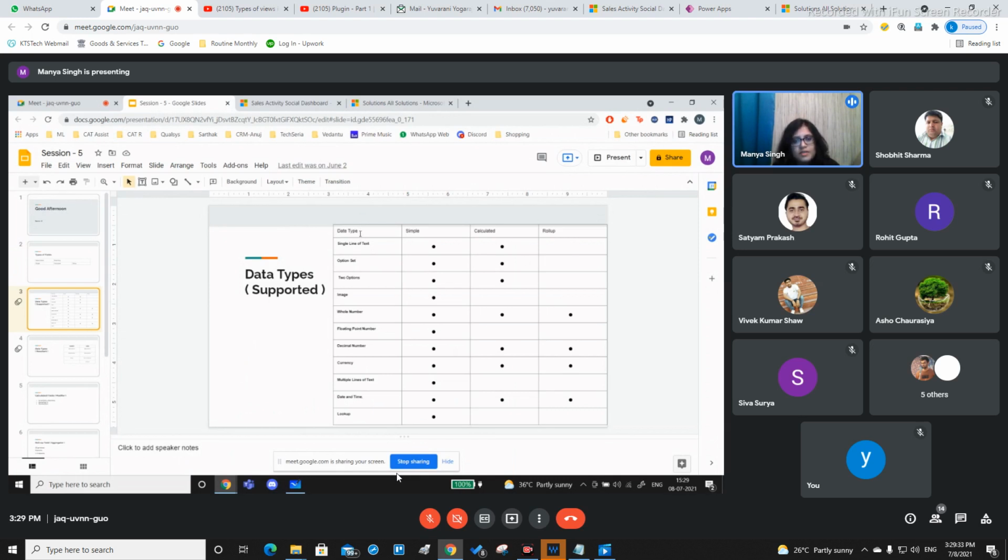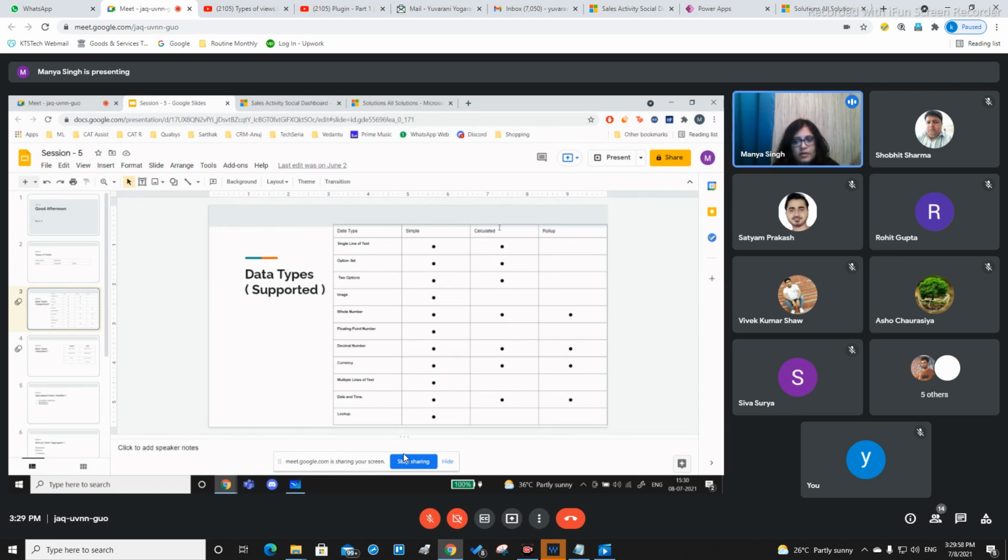For calculate data types, we cannot use an image, a floating point number, multiple lines of text, or a lookup field. For roll up, you can use only whole number, decimal, currency, and date and time. These are the supported data types, that means the input data types.